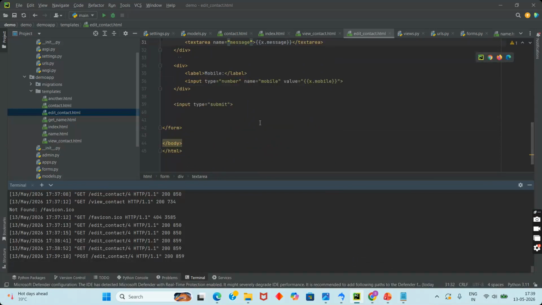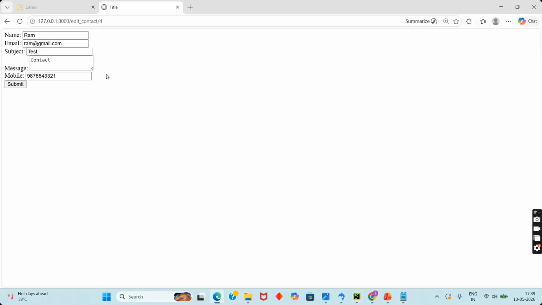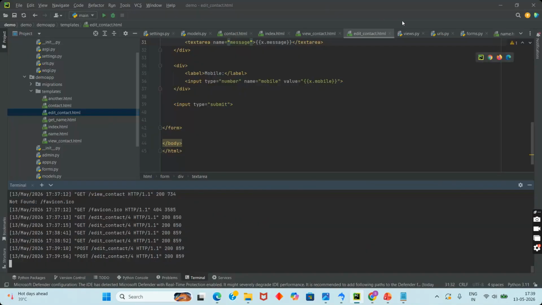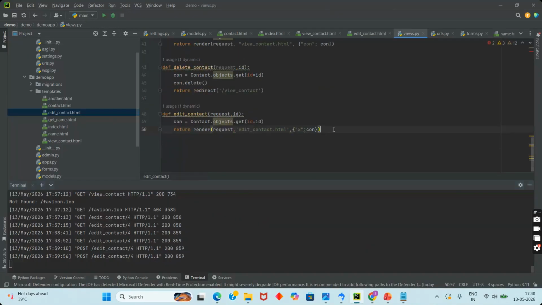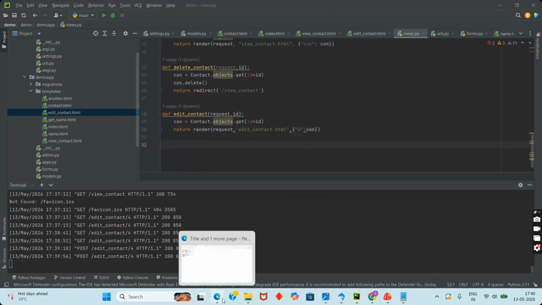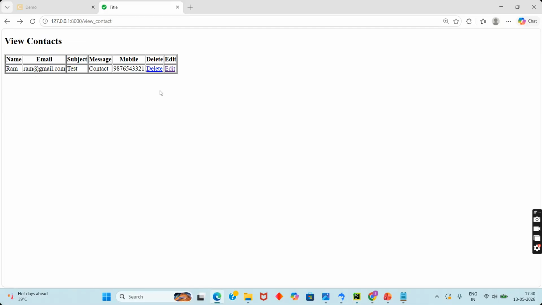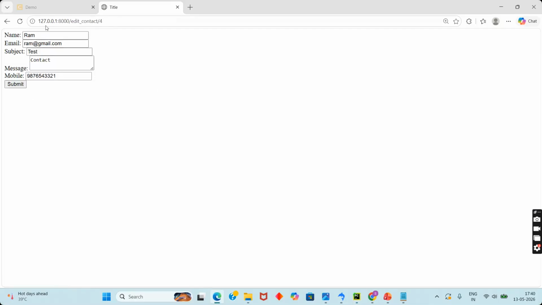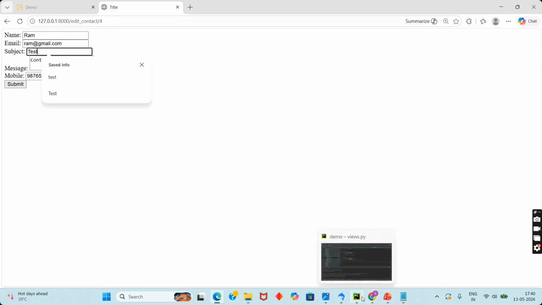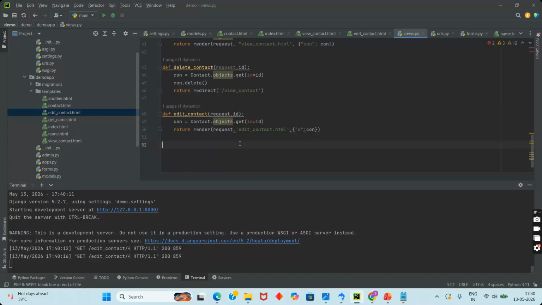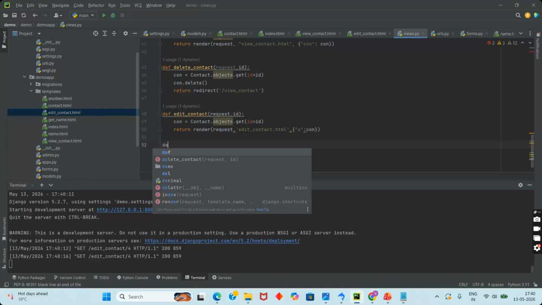so to update this particular data, we should write the logic. So how we'll write: up to now we just got the data from the backend, that's it. From this table we got the data, but it's not submitting. So for that we should write the logic. So how we'll write it means that